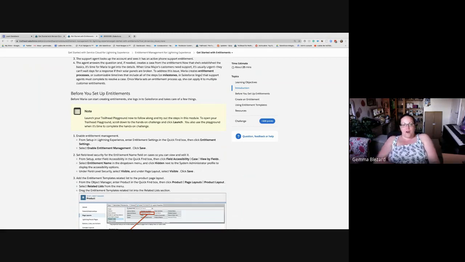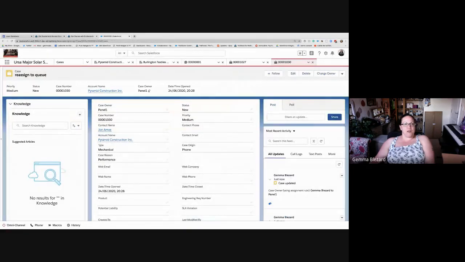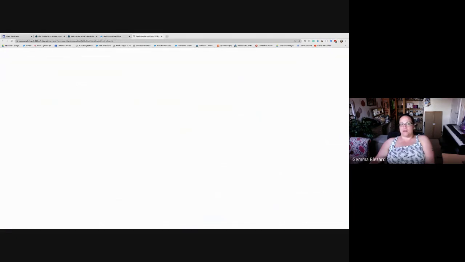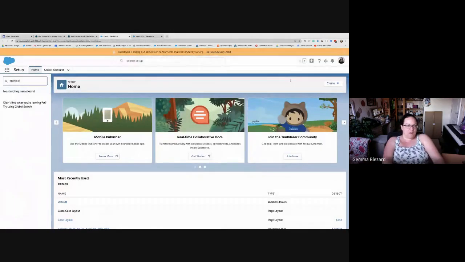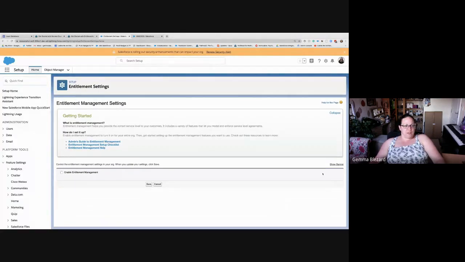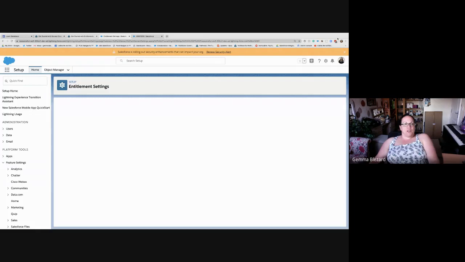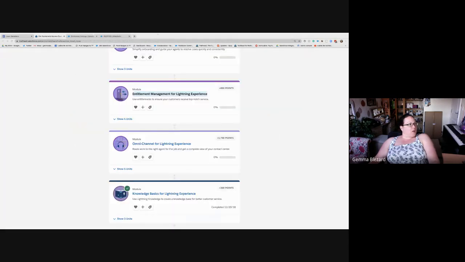So we're going to follow along with this so I can show you. We're going to enable entitlement management first. In order to do that, we go into our Salesforce Trailhead playground, and we go to Setup. In the Quick Find, we're going to type entitlement, and we go to Entitlement Settings. This is where we get to switch it on. We go to Enable Entitlement Management. And if you want to know more information about all this, you get the setup checklist and the admin's guide there. So once that's enabled,